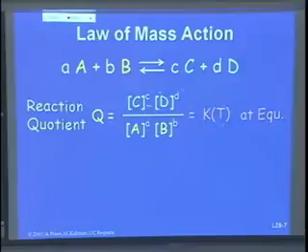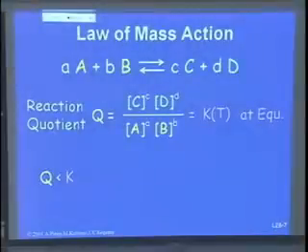So that means there has to be a relationship between the products and the reactants to reach that number. Of course, there's a very large number of possibilities that we can have to reach that number. So if Q is smaller than K, we measure the value of Q while the reaction goes on, what happens? If Q is smaller than K, what does that mean? Q is smaller than K, so we have too much of A and B, isn't that right? We have too much in the denominator. Or we don't have